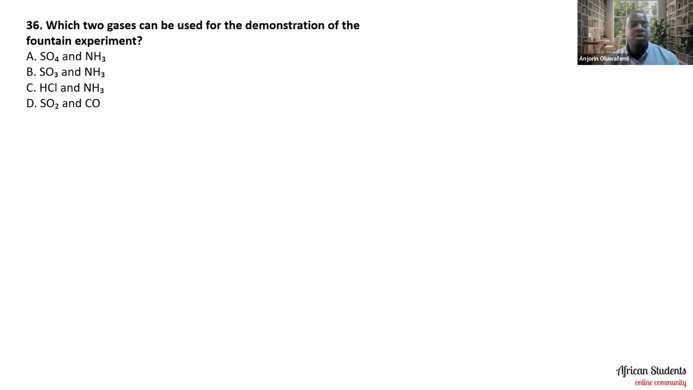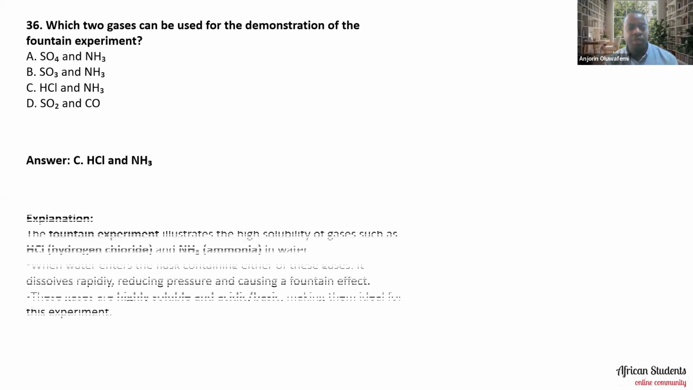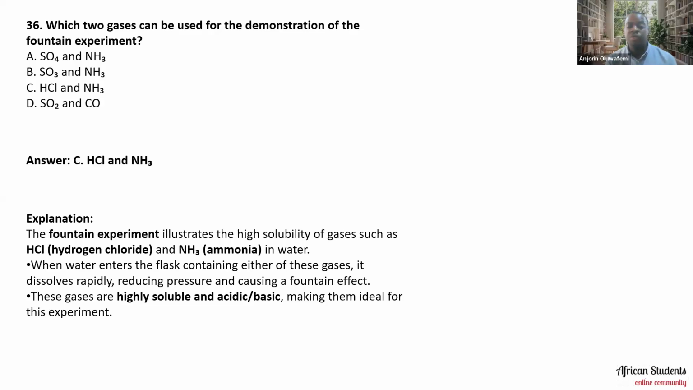Which two gases can be used for the demonstration of the fountain experiment? Is it SO4 and NH3, SO3 and NH3, HCl and NH3, or SO2 and CO? The answer to this one is HCl and NH3. The reason is because the fountain experiment illustrates the high solubility of gases such as HCl and ammonia in water. When water enters the flask containing either of these gases, it dissolves rapidly, reducing pressure and causing a fountain effect. These gases are highly soluble and acidic or basic, making them ideal for these